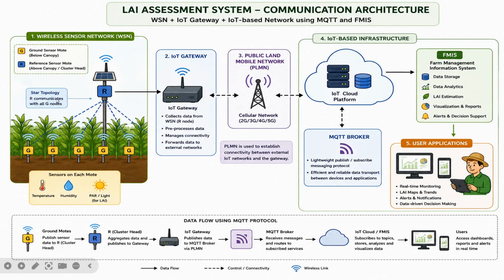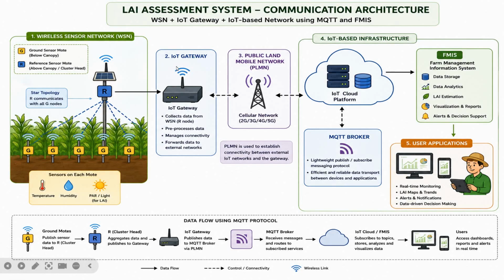And a reference sensor, which is represented by the capital letter R, is installed above the canopy and it acts as the cluster head. Now the sensors are organized in a star topology where all the ground sensor nodes communicate directly with the reference sensor. The cluster head gathers and aggregates the data collected from the sensor nodes,